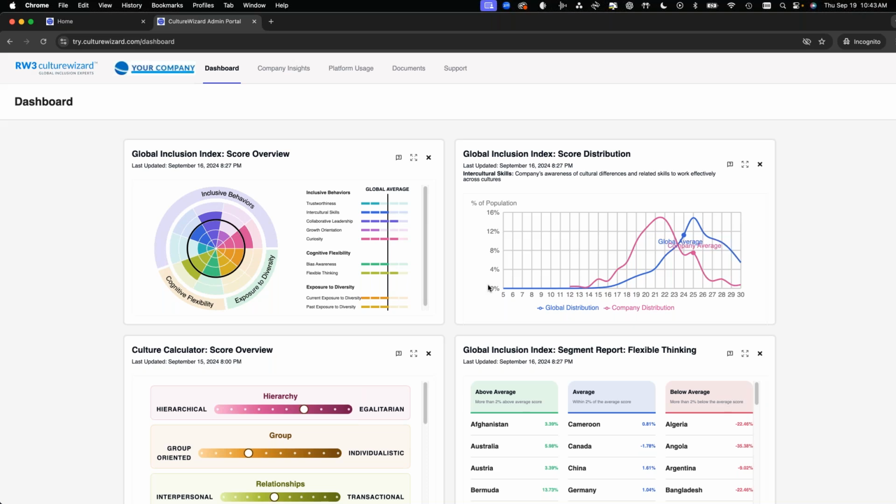And because of the way that we handle the data, it's all fully compliant and kept private and so forth. Now, the only other thing I wanted to show quickly here